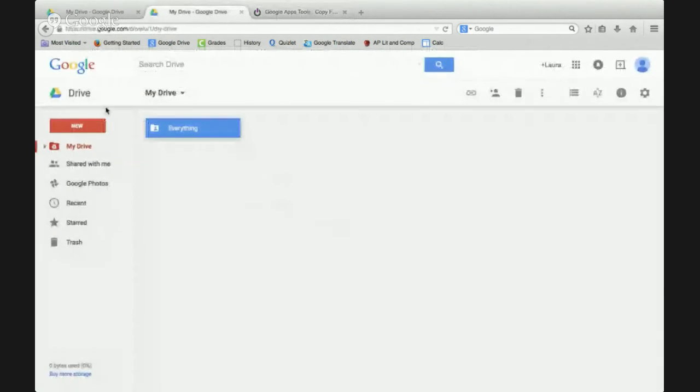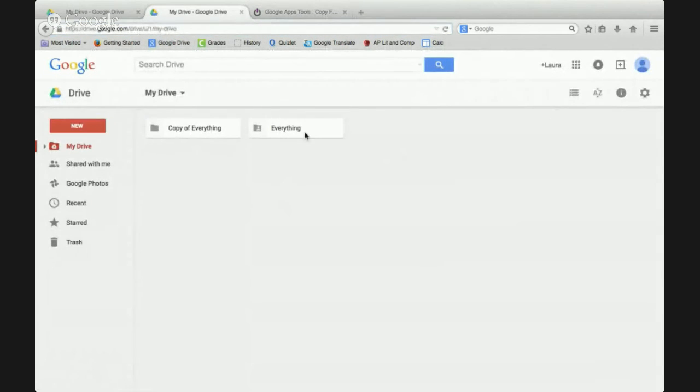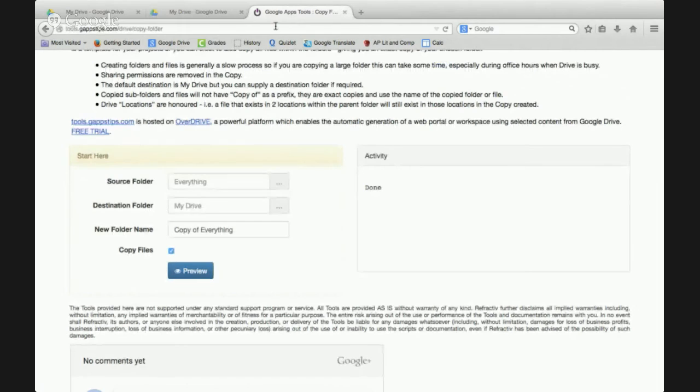Now that's done, so if we go back here and refresh, we have everything, which is the one that's shared with you, and a copy of everything. So that's that. Now, the problem is that all of your documents are going to have "copy of" in front of each item as a prefix. So if you go back, there's another tool,